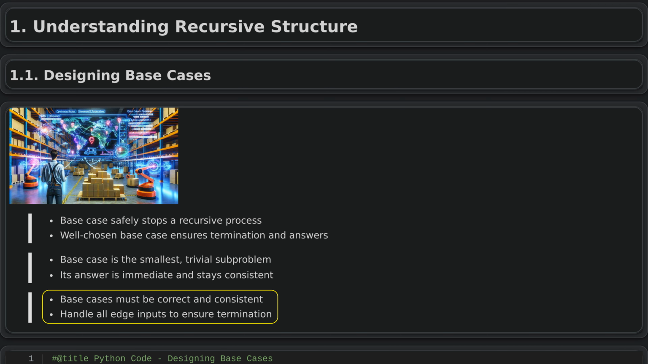When designing base cases in recursion, they must be both correct and complete. Correctness means the base case result matches the intended behavior of the function, because any mistake here will affect all larger recursive cases. Completeness means every chain of recursive calls moves toward some base case, so the process eventually stops